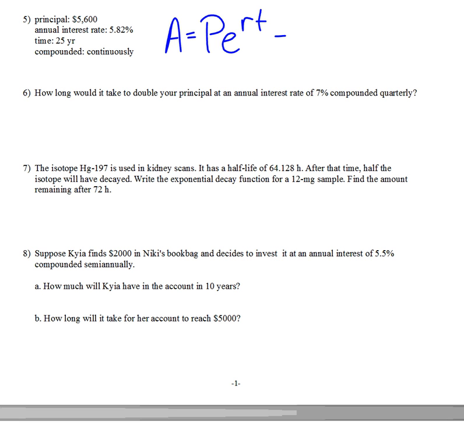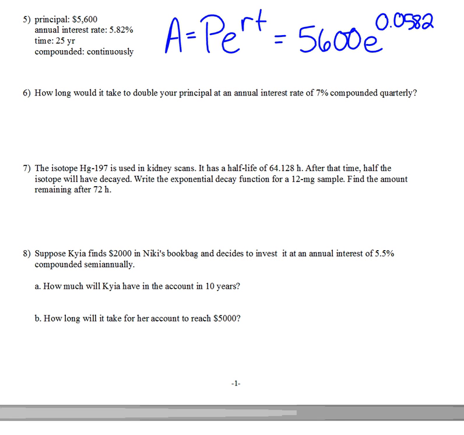Your principal amount is 5,600. E is just a number, it's in your calculator. You hit second and then LN, which is kind of towards the bottom left, and it'll get you E with an exponent. And then the rate,